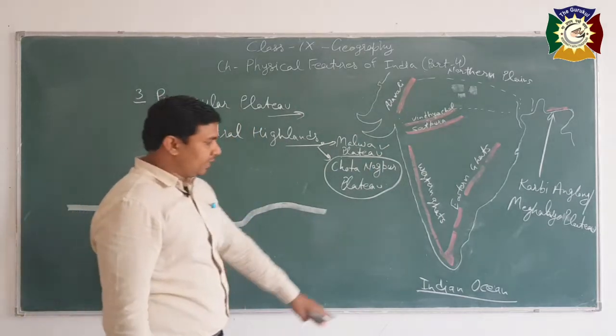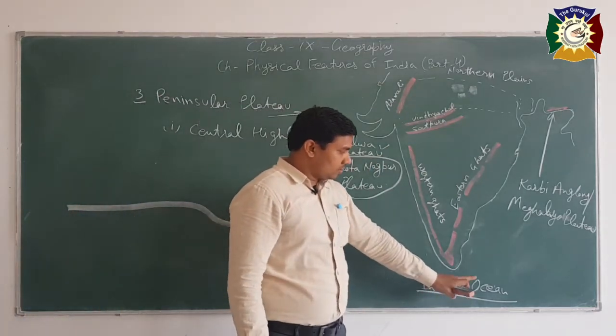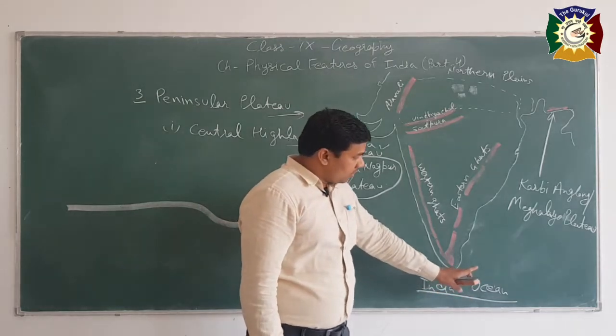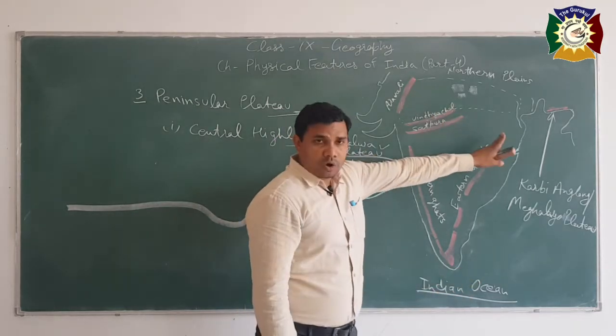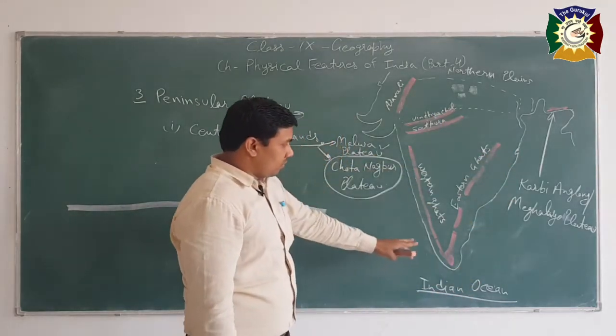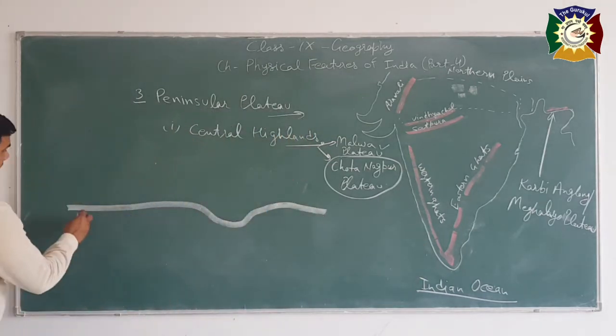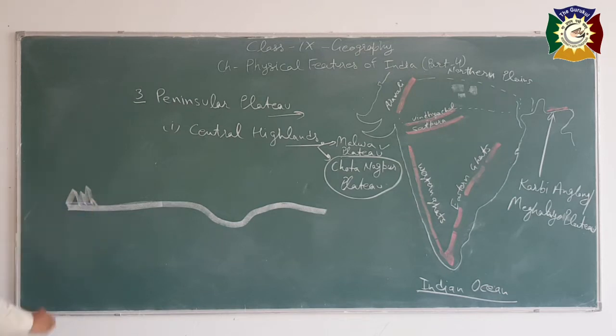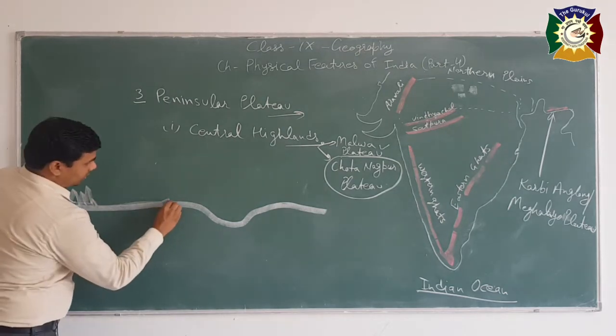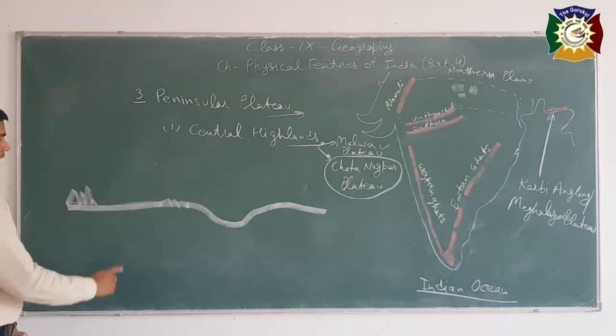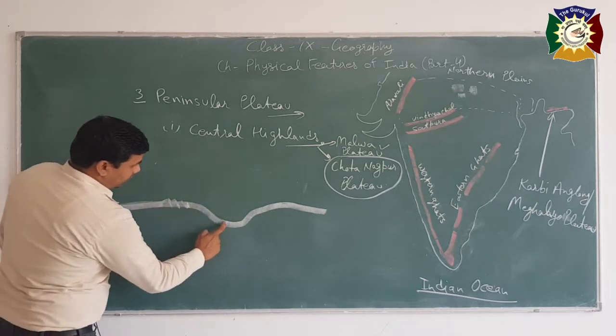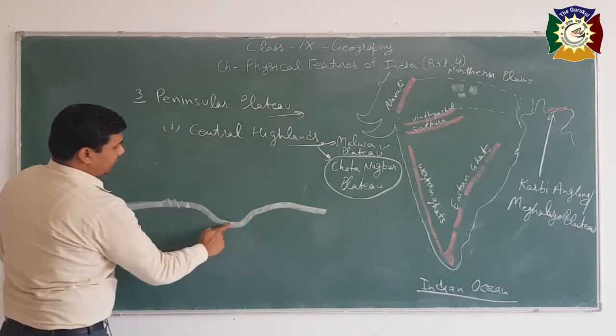As you are standing here in the south, looking towards the north, we can see this peninsular plateau in this shape. Here, these are the Western Ghats, these are the Eastern Ghats, and here a depression comes over in this